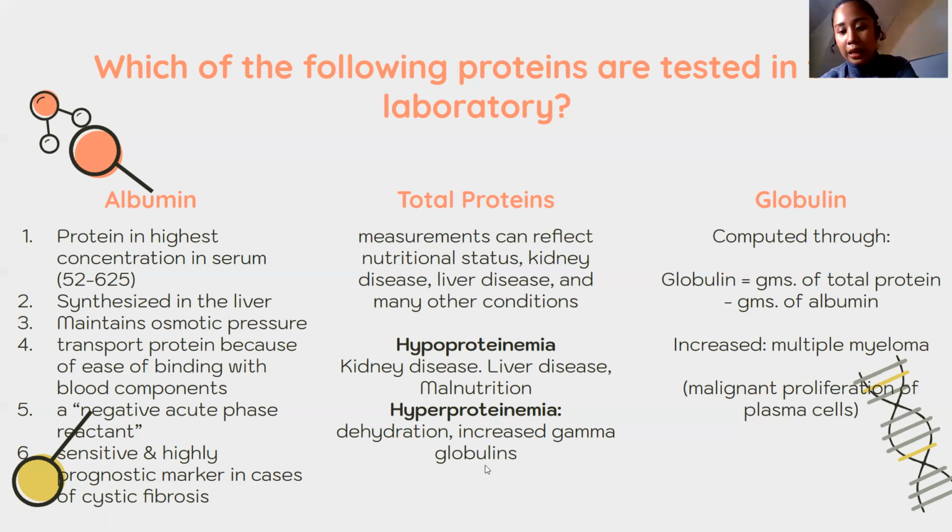Yan. However, we also have B cells. Your B cells have an ability to differentiate into your plasma cells. And once it becomes a plasma cell, it could produce antibodies against antigens. So antigens could be foreign substances that could enter the body. So yung antibodies natin, class, are made up of proteins which are specifically called gamma globulins. Yan. So class, pag may multiple myeloma, maraming plasma cells, marami ring gamma globulins.